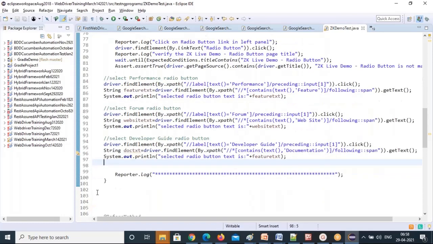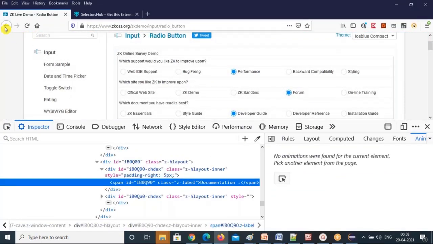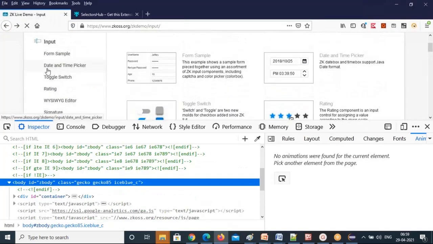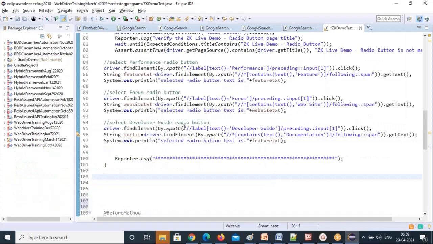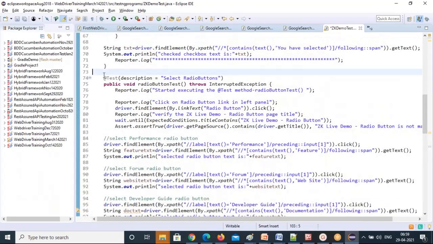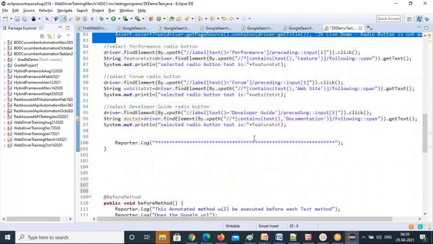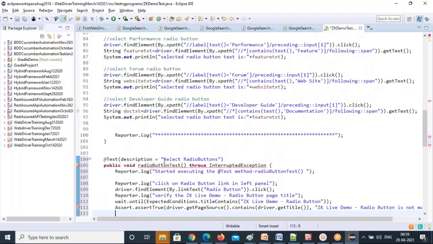The last one I'm going to do here is very important, and then let's go back and we'll run all the test cases one by one. This is the one, date and time picker. I want to do the date and time picker. So first we'll copy whatever the required part is. This required part I'll copy, and the remaining I don't want. I'll just use this.